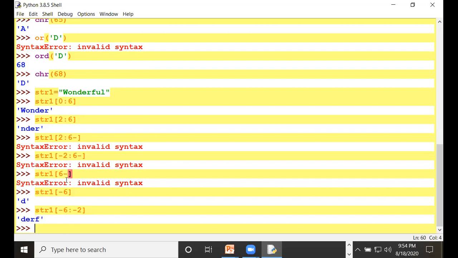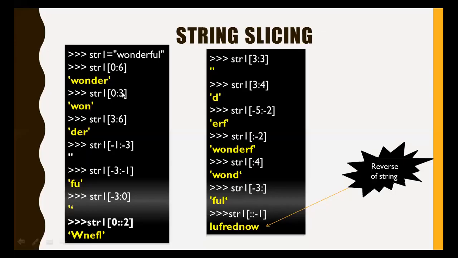So you can make your string slices. A particular part from a string you can retrieve. So here str wonderful, if you are writing 6, wonder will be displayed. str1 0 colon 3 means WO and the first 3 characters will be retrieved.